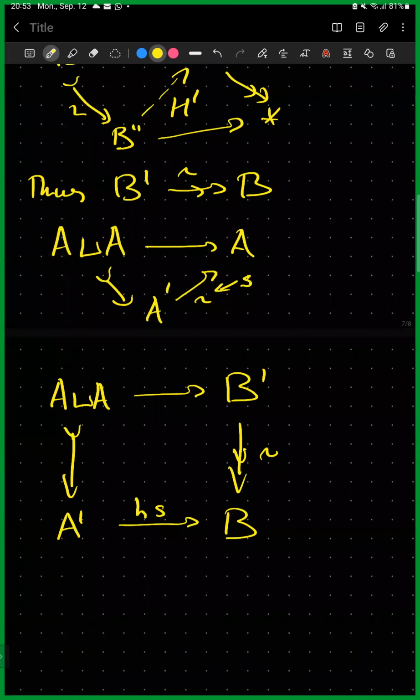This map, wait a minute. Yeah. So this map here exists because the